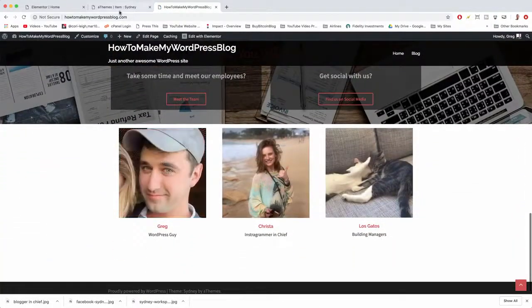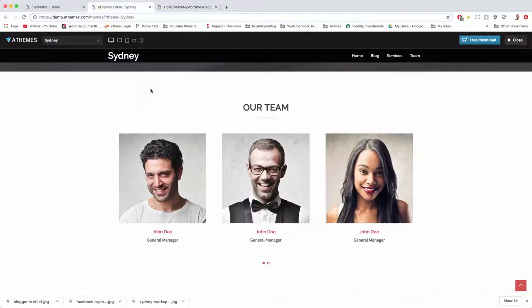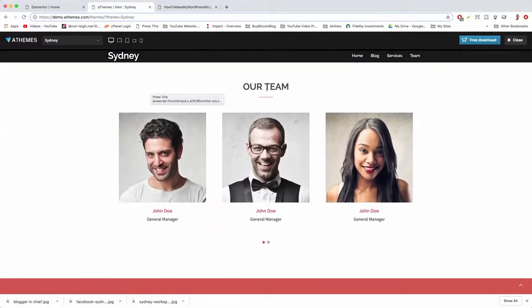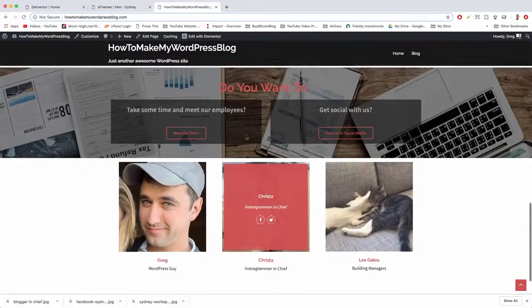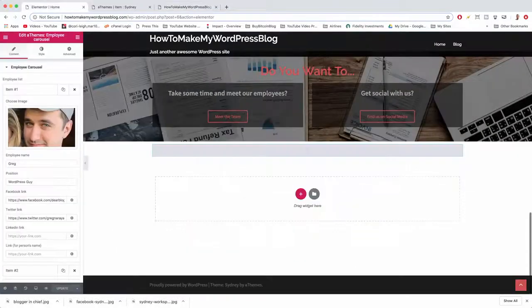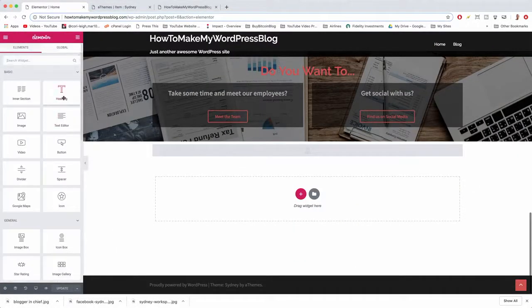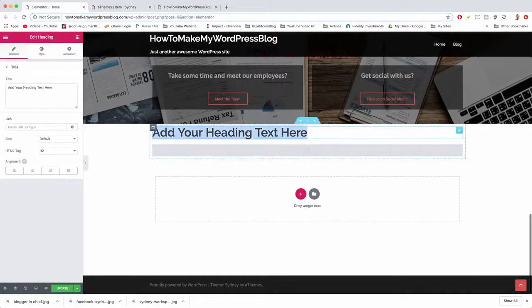Perfect. All right, so the only thing we need to do is make the padding a little bit larger and get the our team header in there. All right, so we can do that easily back in Elementor. We are just gonna go to the elements by clicking on the 9 boxes, dragging a heading above the team section. Let's call this our team